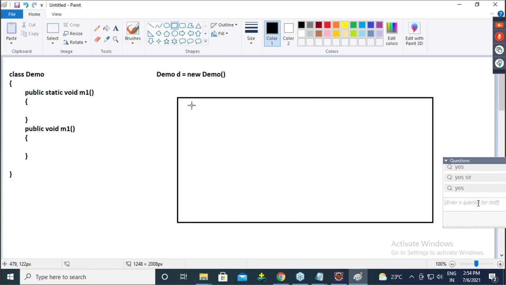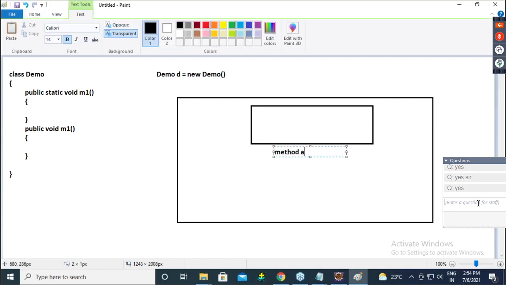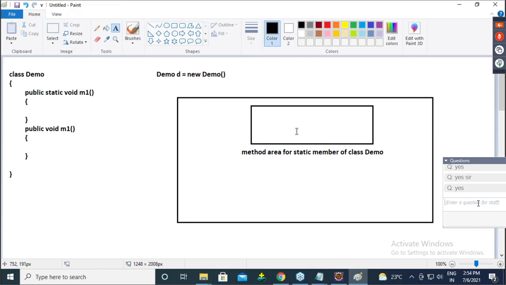In the JVM, there is one section called the method area, for static members of class Demo. So this M1 method goes here.